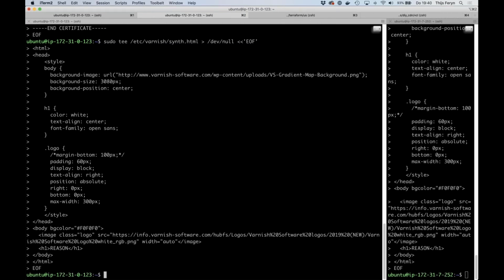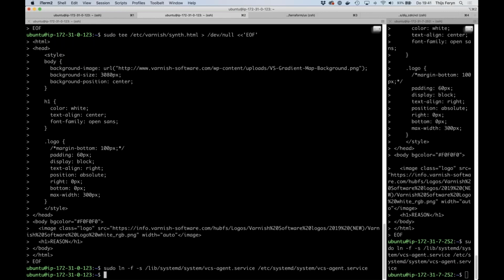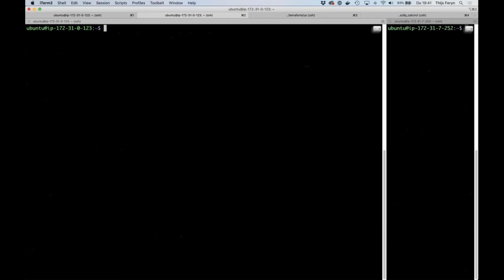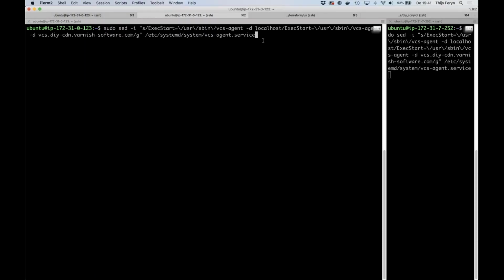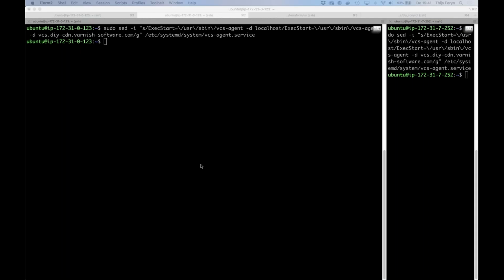There we go. Next up is making sure the VCS agent is extendable. So we're doing some systemd magic here, and we're making sure that the VCS agent logs to that, doesn't log to localhost. So I'm doing a find and replace where localhost will be replaced with the VCS DIY Varnish software host. The stats need to end up there. The next thing I'll do, and I'll do that manually,